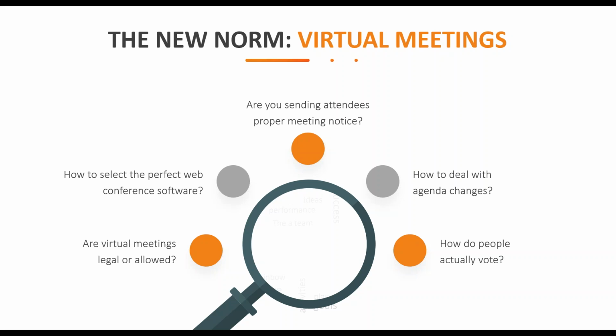But a big thing to consider too is how you're dealing with agenda changes, and maybe even more broadly, how you're dealing with a venue change. A lot of organizations have a board of directors that will meet one day a month, and it's typically been in person, and it takes 8 to 10 hours. And it's unlikely that you're going to get a lot of engagement or people to really focus for a full 8 hours on a conference call.